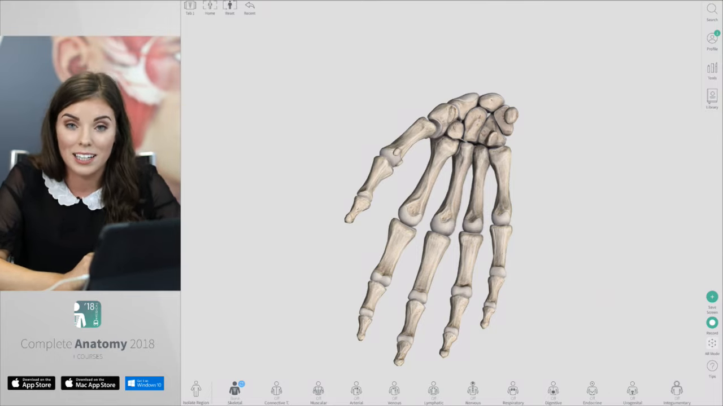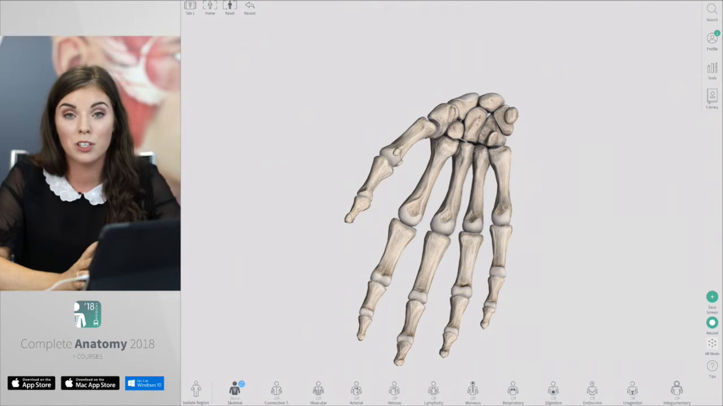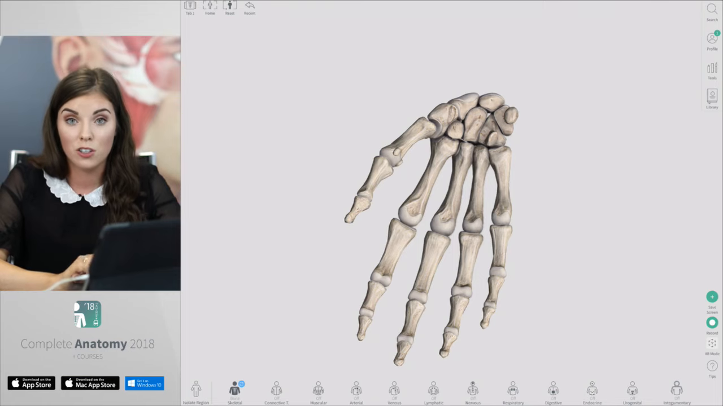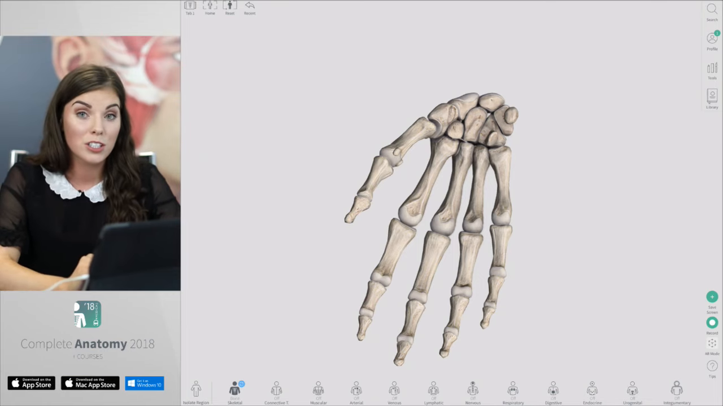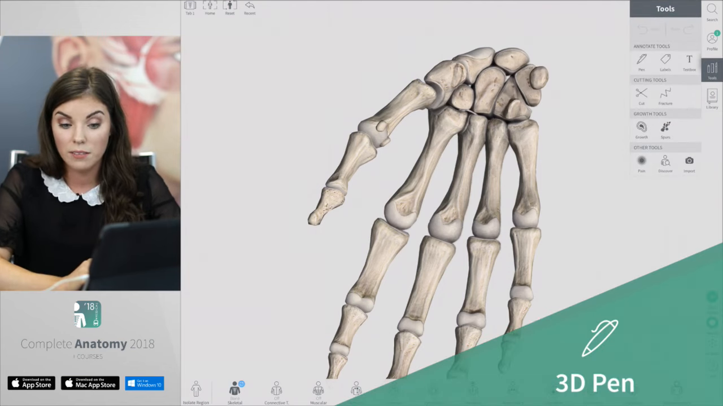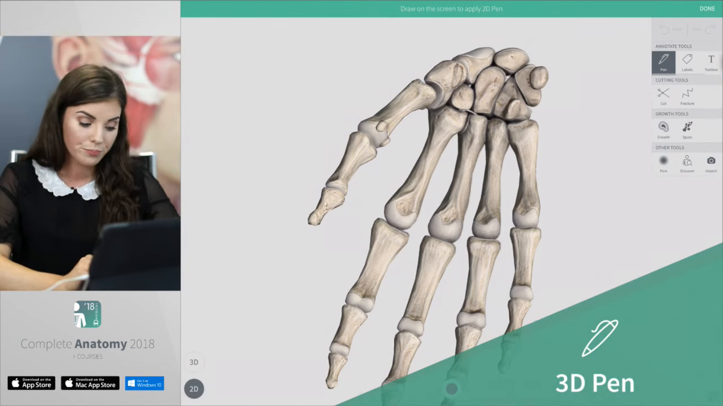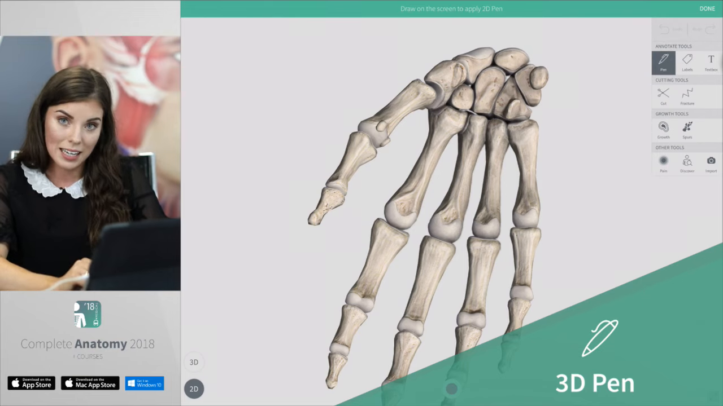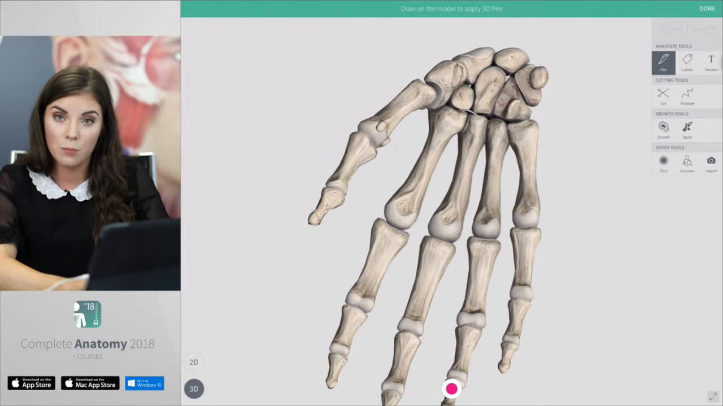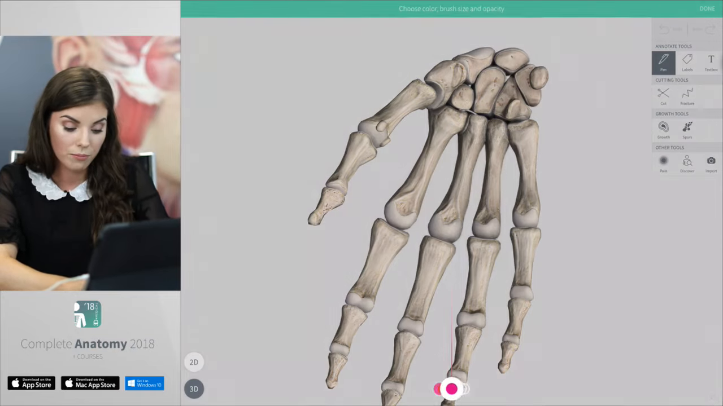The next tip I'd like to show you is the 3D pen, which is one of my favorite tools to use. The 3D pen allows you to draw directly onto the model. To show you how to use the 3D pen, just open Tools on the right-hand side of the screen, select Pen, make sure you've got 3D selected on the bottom left-hand corner of the screen, and you can also change the colour of the pen just by pressing the pink circle icon in the middle,